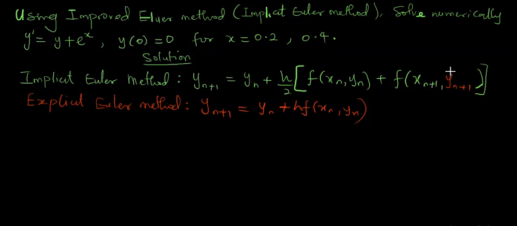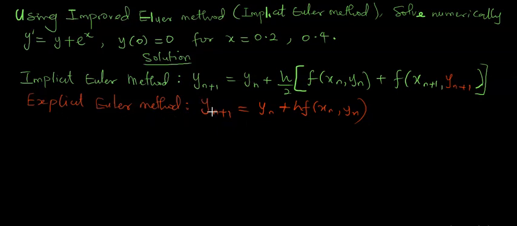Now the red indication here shows that it is explicit. So this is the explicit Euler method, yn plus 1, which is used like a predictor corrector method. So we use this Euler method to predict, then we use the implicit method to correct. How do you really tell which one is implicit or explicit? Now let's look at the